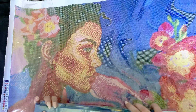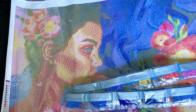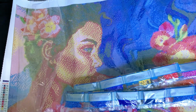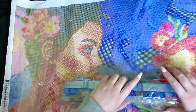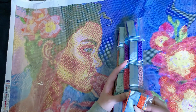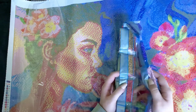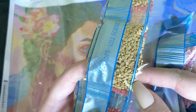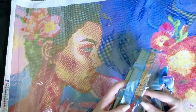So the drills actually look really good. I do want to see, oh, let me reposition again. I do want to see what her skin tone is. So, 3828 is one of the colors. See if I can find it. Hopefully it's this one. Oh, it is. Okay, so this will be fine. So this is 3828. I don't know if it's showing up well in camera, but it's just like a light